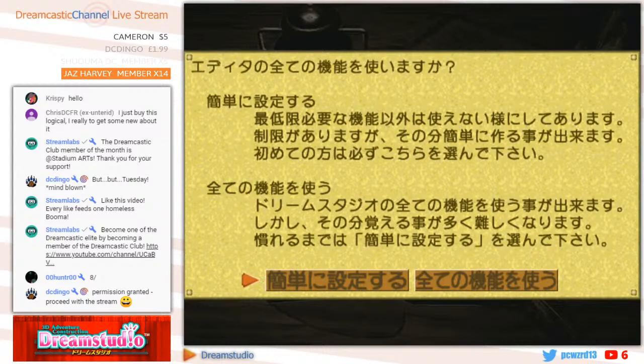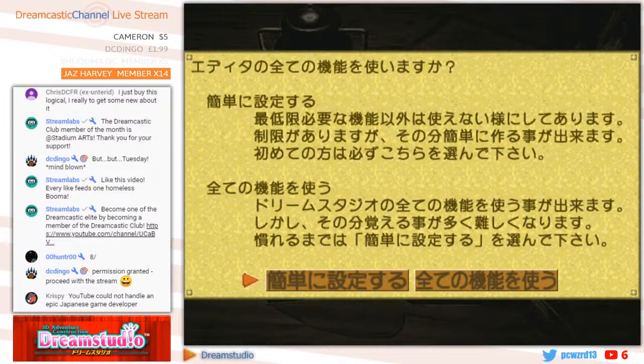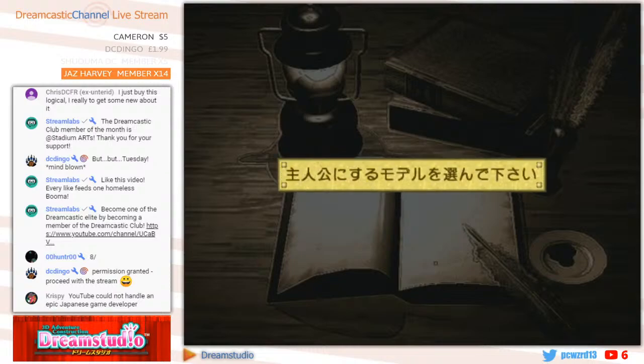And this, as you might have seen if you watched my first look video, is asking if you want to do easy mode or advanced mode. Easy mode really limits what you can do, but advanced mode has a lot more options, so we're gonna go with that. Obviously more Japanese text to read, but